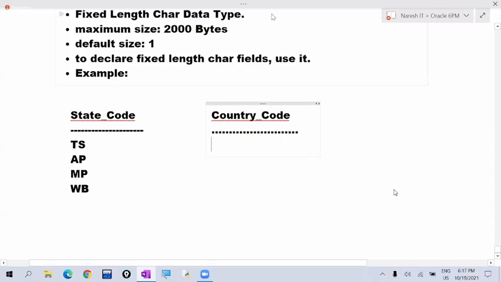Mr. Sharath, my explanation is not over. After completion of my explanation, if you have any doubts, you can type in the chat box. Listen, be patient. I cover every point.